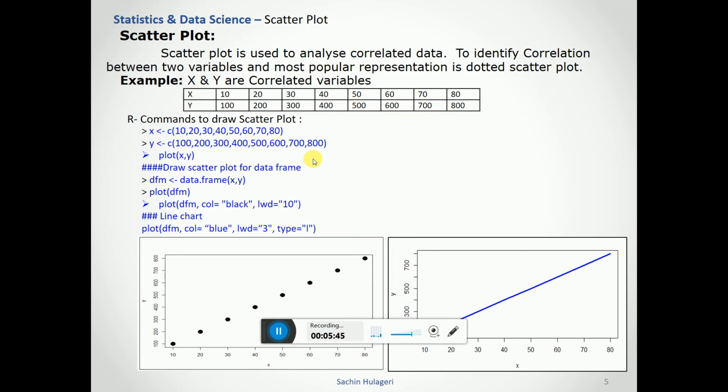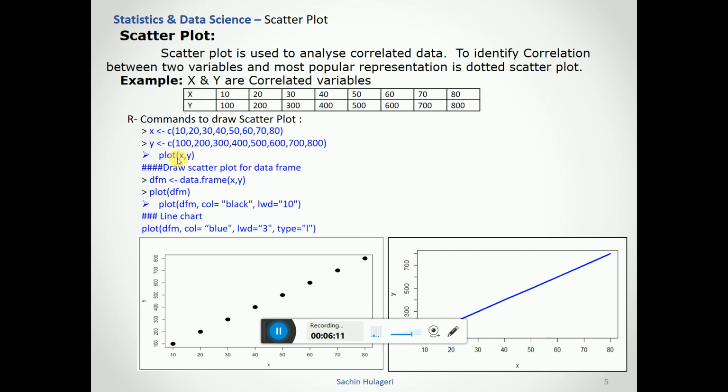By seeing this one, we can easily identify there is some relation between x and y. Wherever x increases, in the same way y also increases here. So let's see this correlation using a scatter plot. First, we'll collect the data into an x dataset variable, all the x data and y data.